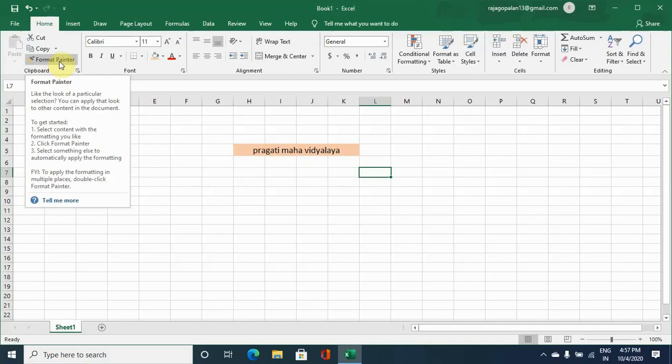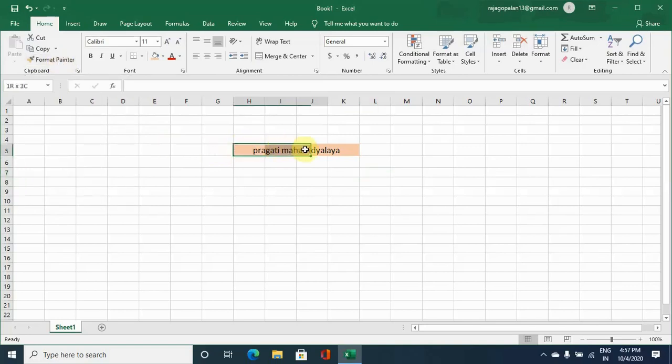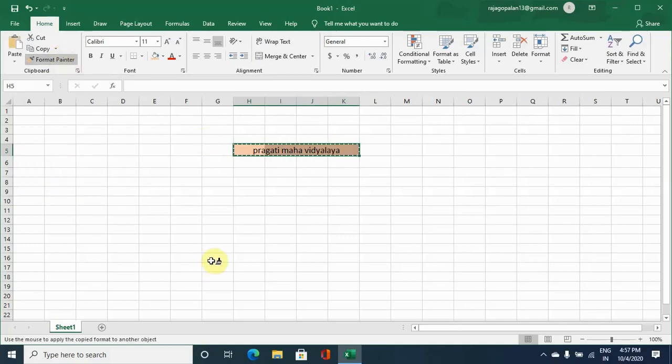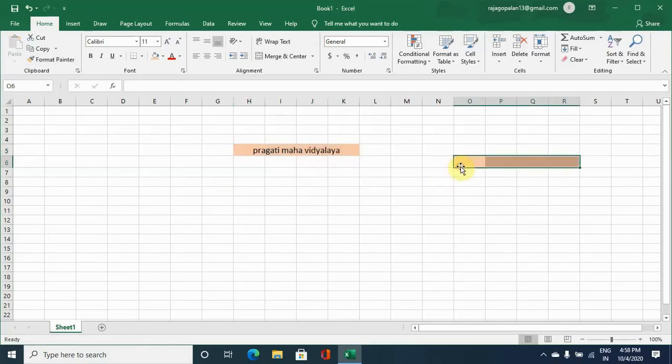So first we select the range, then go for format painter, click on the format painter, then you get a brush symbol here. Then when you click on any other cell, the format is copied there. This can be done multiple times also.